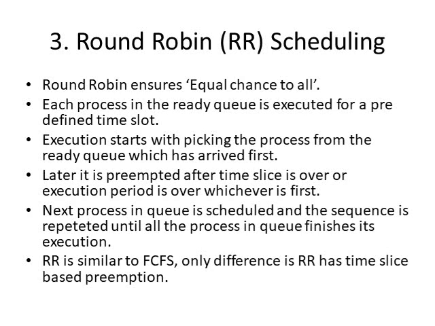Then, as and when the time slice is over, the currently running process is preempted, and the next process in line is scheduled and starts executing. This sequence is repeated until all the processes present in the ready queue complete their